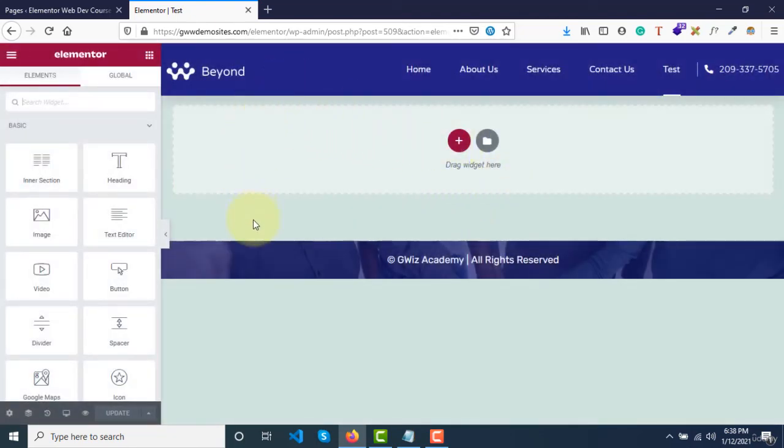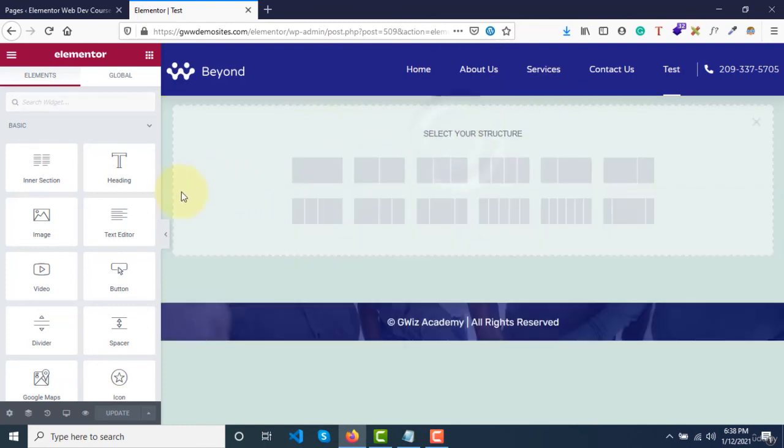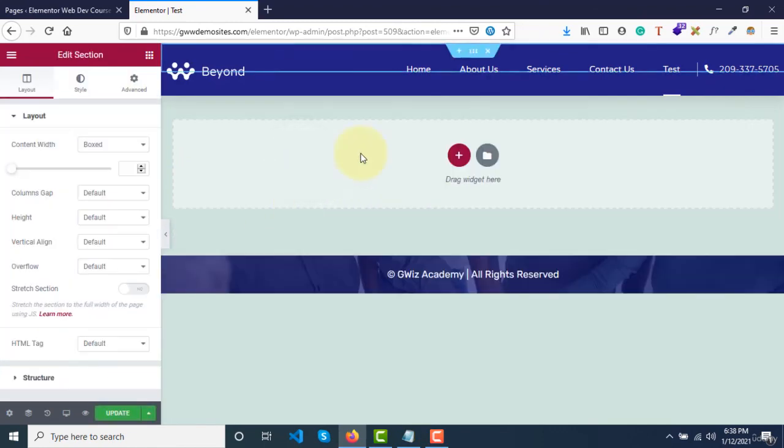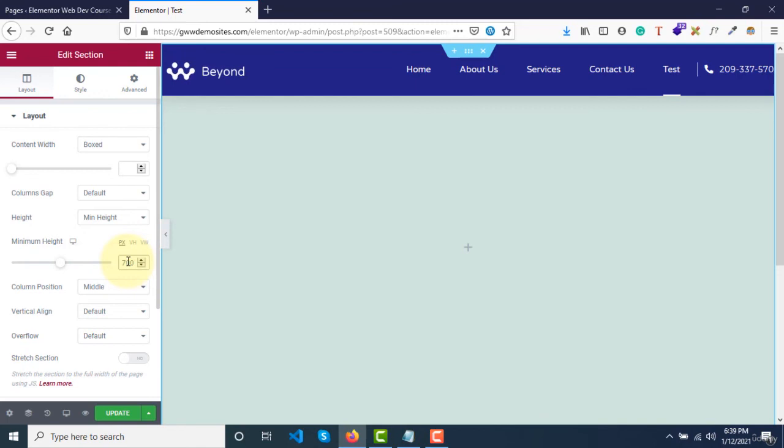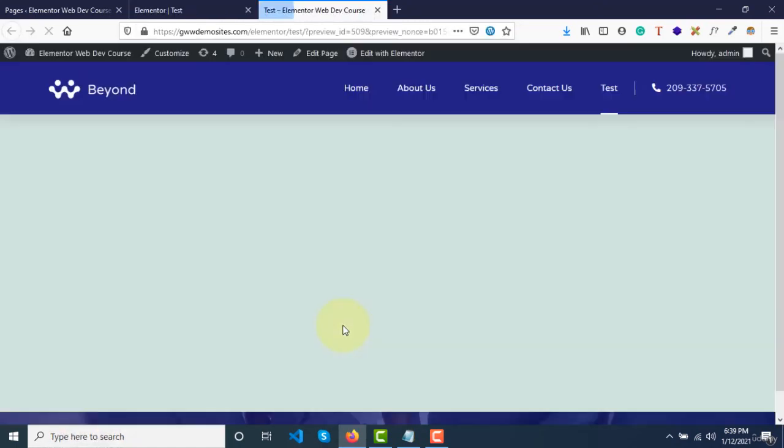Since there was no element in between, this header was overlapping the footer. So let me add a dummy section over here and give that section some height. Let's say minimum height as 700 pixel or 600 pixel, and now click on update. And now if you see, there is a blank section in between header and footer, so you'll be able to see both header and footer,